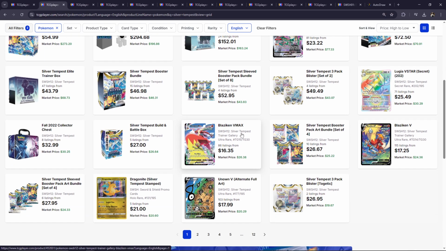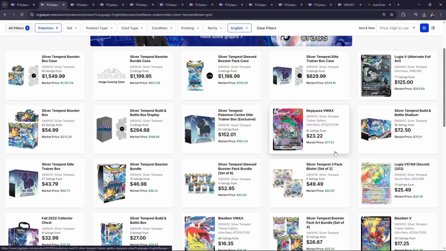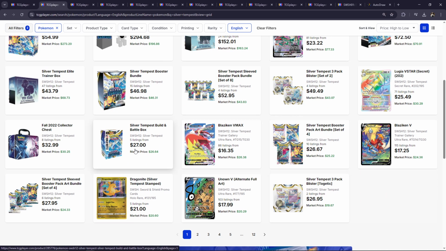And overall, the set is very strong, guys. We have a Lugia chase card, a beautiful Rayquaza, and the set is still affordable, bro. I mean, you literally have a build-in battle almost at MSRP. For $27, guys, for a build-in battle is something that's really efficient, practically meaning that the 4 packs in there,